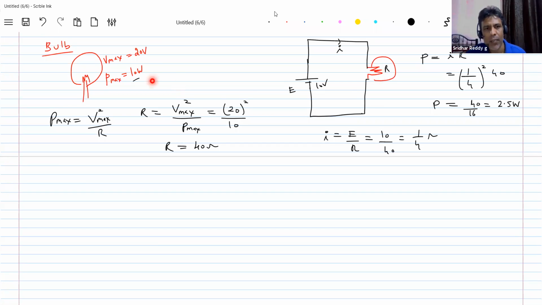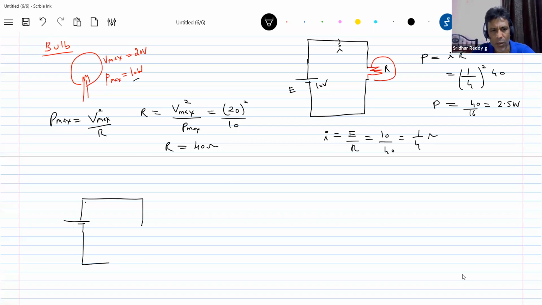So what will happen if I connect 25 volt? 20 volt is the maximum, no? I kept 10 volt. Let me connect the same bulb across a cell. This is information based, there are no big formulas. You should understand the basic idea involved. You can manage, and it's a very popular question, both in Mains and Advanced. Now the EMF of the cell, let me make it 25 volt. Even 21 volt also, we can discuss the problem.